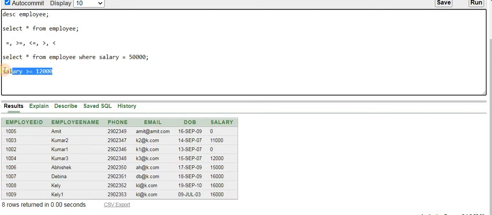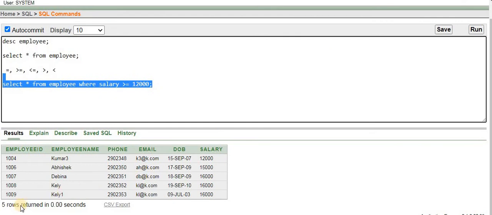So if I take this particular condition and put it here, right, then if we run this script, our expectation is that a total of 5 records has to be returned. So let us run this script and verify whether it is returning the result as per our expectation or not. So you can find 5 rows returned.